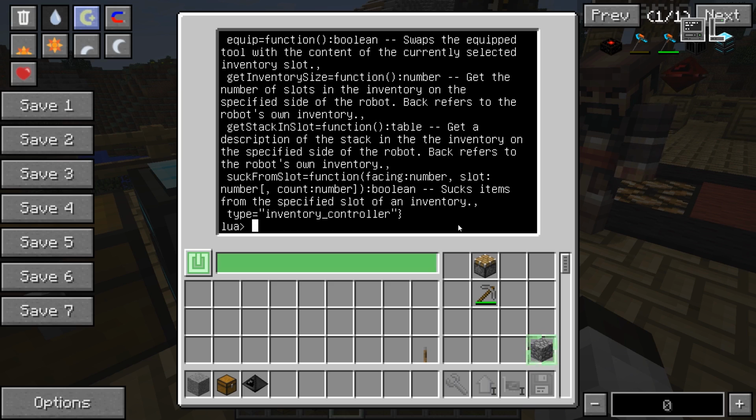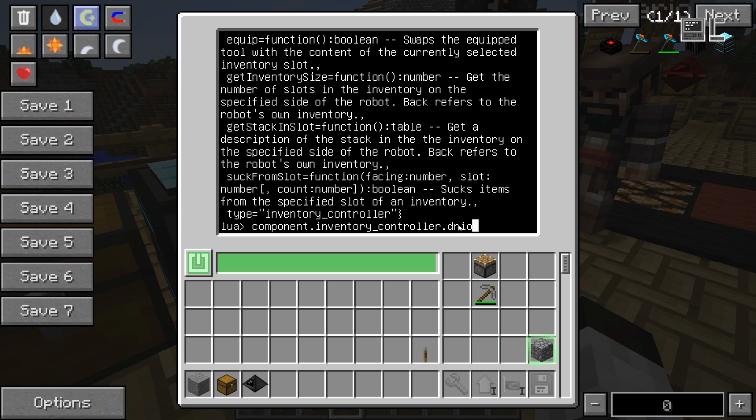This one allows robots to control into which slots specifically they want to insert items into inventories and to pull them from. This can be useful for machines, for example. If you have specific slots in your machines where items have to go for them to work, you can specify to put the item in the nth slot. So if I go ahead and say